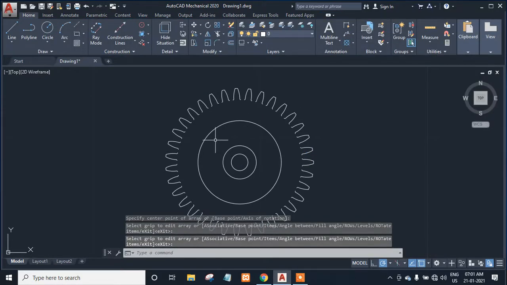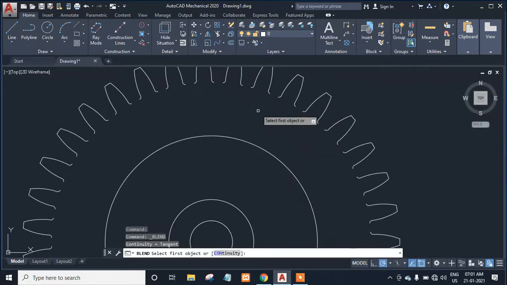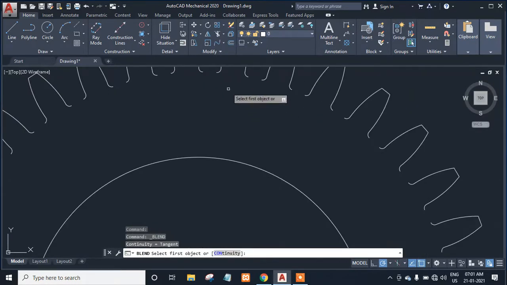We'll take one curve from here, blend curve, okay, and just zoom it and click on this one, click on this one.